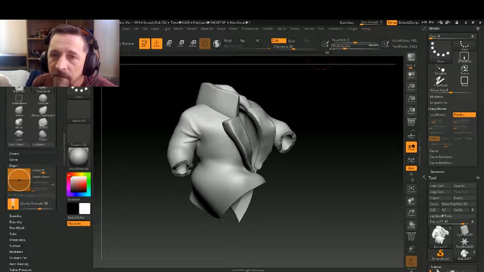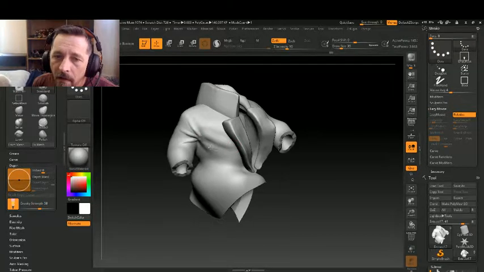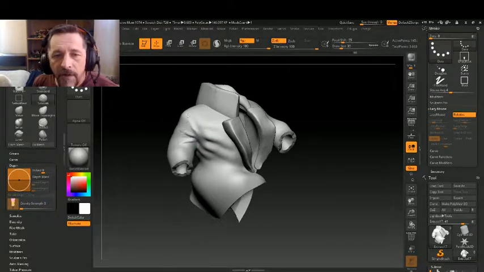Oh, too big. We kind of blend off where that meets the